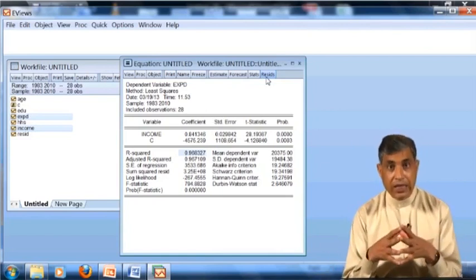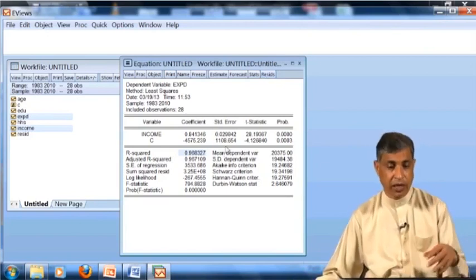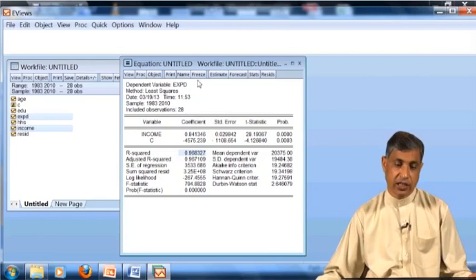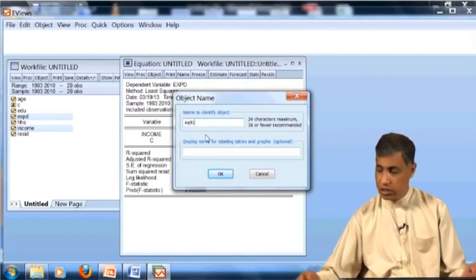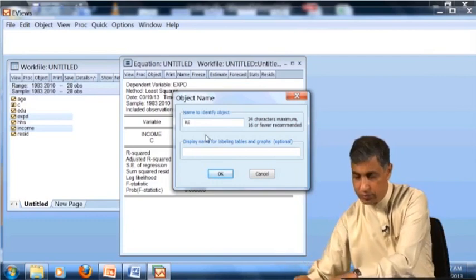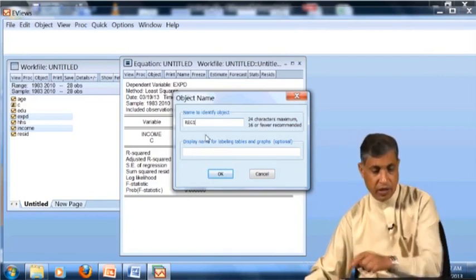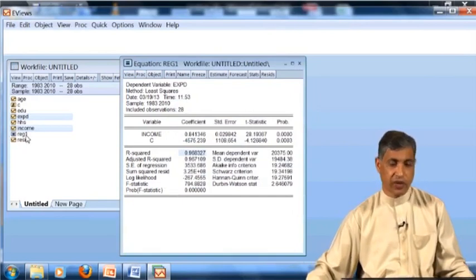So we will see whether it is true or not. Look there. This is your estimated model. You can save this. For example, you give the name, you can say this is regression 1. You say okay, it has saved it here, this is regression 1.